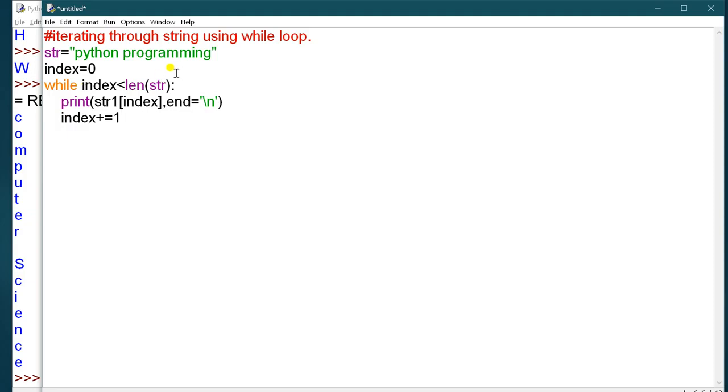Here I have used a function, len. This function might be new for you. This len function is used for calculating the length of the string. So here the variable str holds the value Python programming, so it will calculate the length, and the value of index is always less than the length of str, so that this loop will run.